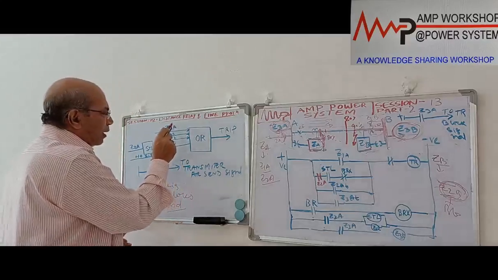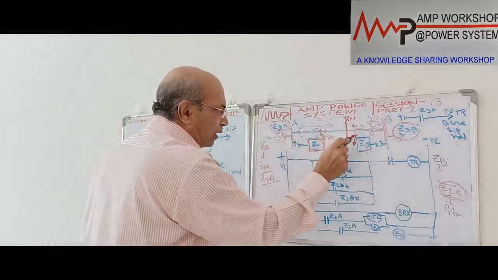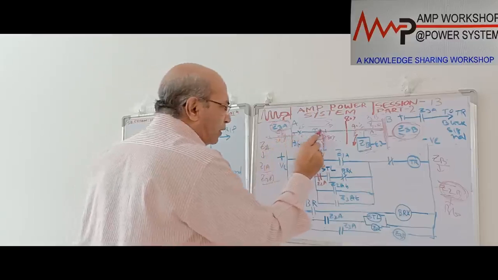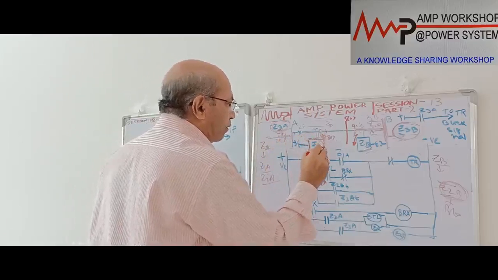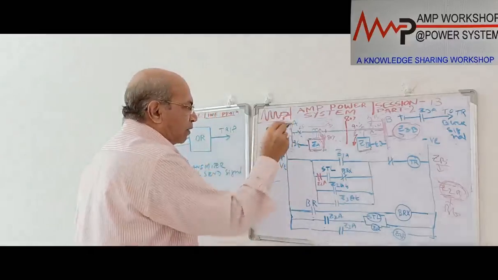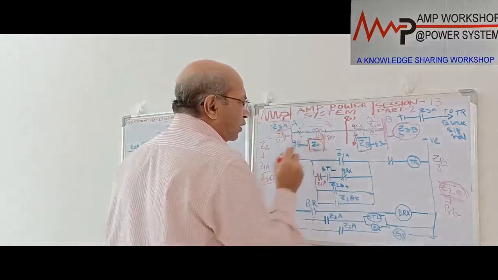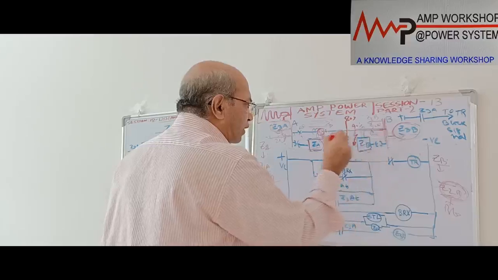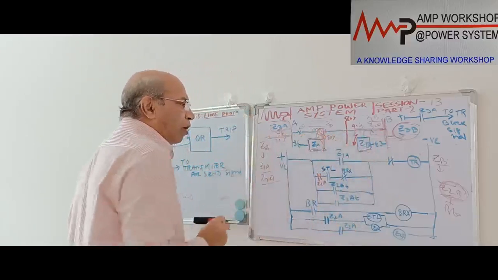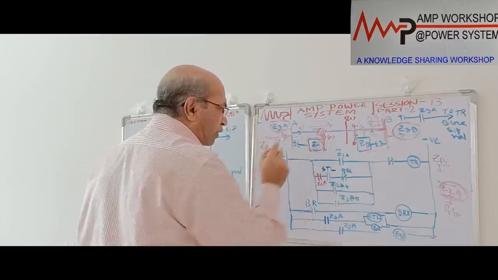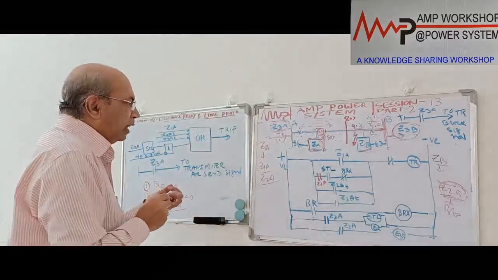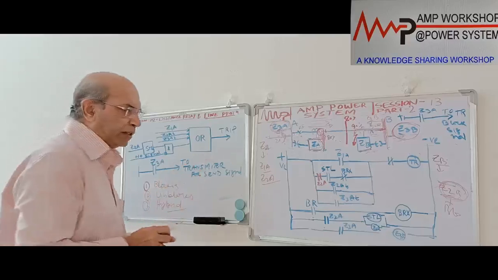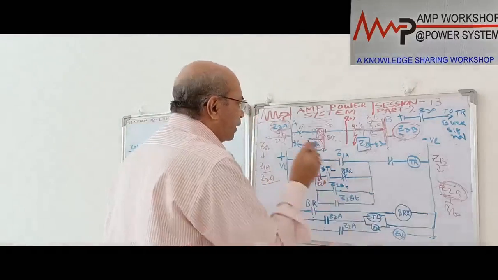So we have drawn a logic diagram over here. You see here Z1. Suppose the fault is at the remote end, near to the B station, and we are looking from this end. We have drawn the picture in terms of A. Suppose the fault is near to the A station, at 90% of the line from the B station. In that case, what will be the sequence? When the fault is near to station A, within 10% of station A, the A relay's first element, the zone 1 element, will operate instantly and clear the fault, that is, trip this breaker.